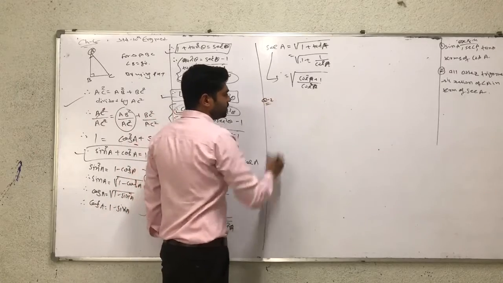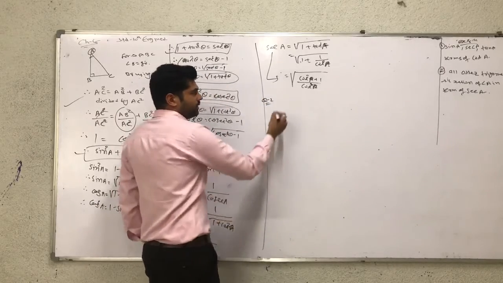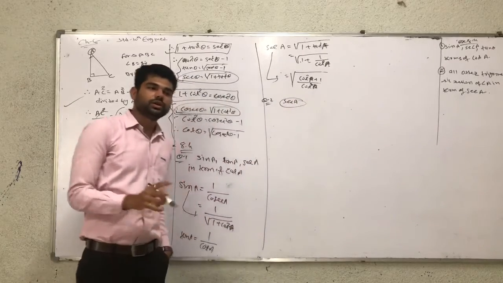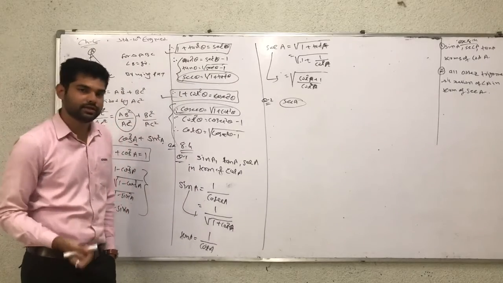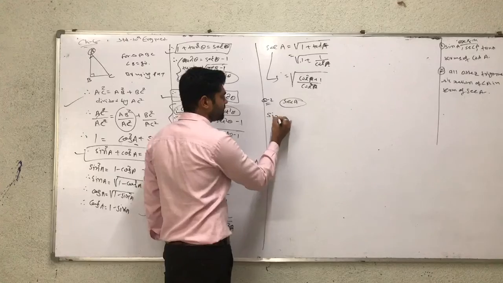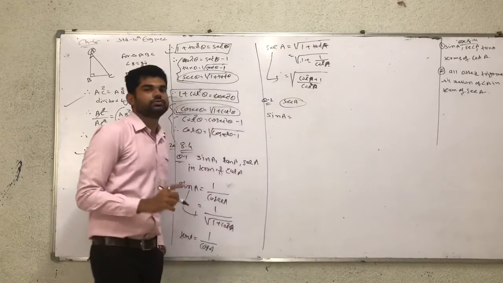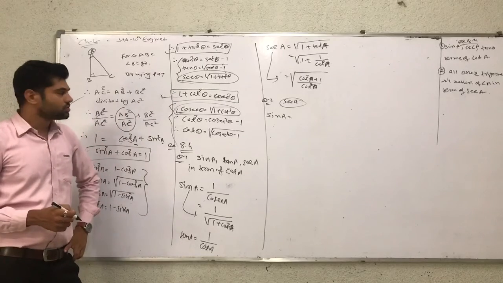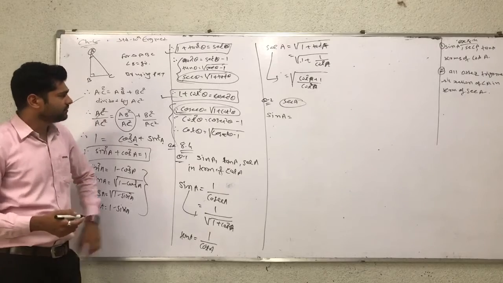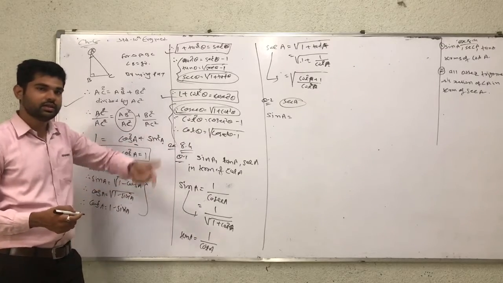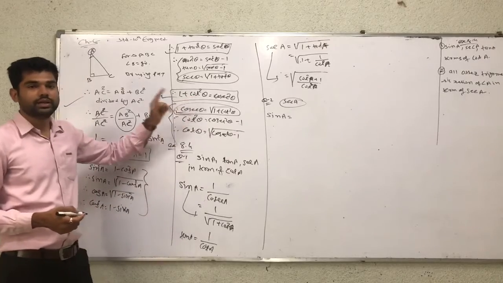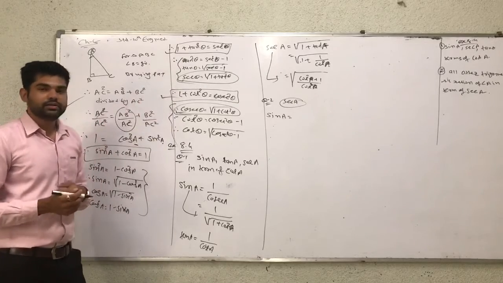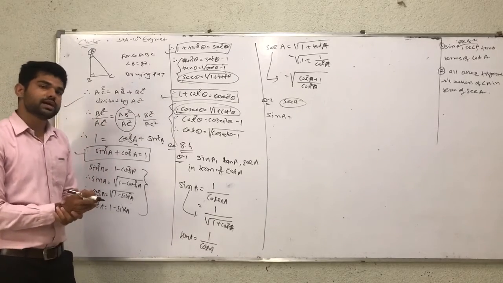Now question number 2. In the form of sec A, it means all trigonometric ratios are to be found in the form of sec A. So start with sin A. How to convert sin into sec? So first we have to check the sec relation. Sec only has a relation with tan. So sin we first convert into cosec, then cosec is converted into cot, then reciprocal of cot gives tan, and then that is converted into sec.